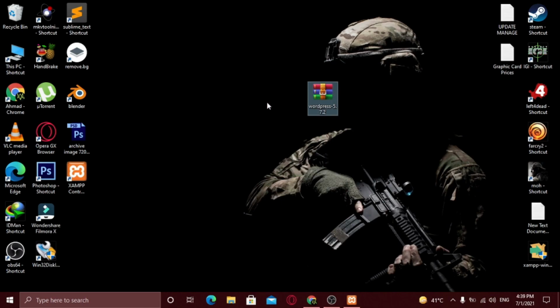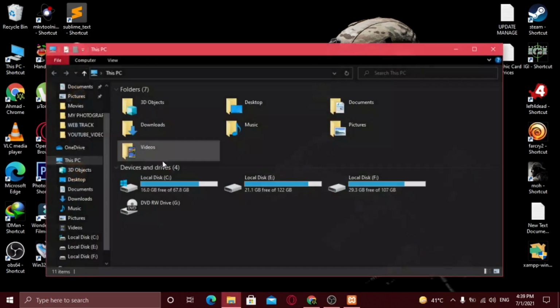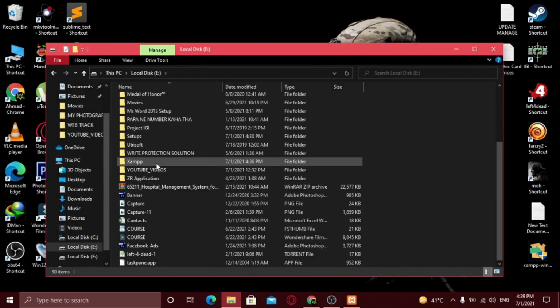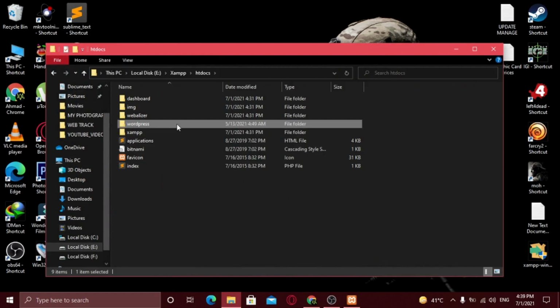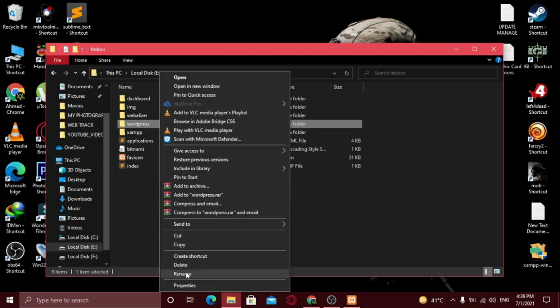It's done. Now let's check it. Now here's the extracted folder. You can rename the folder just like you wish. I am going to change it to